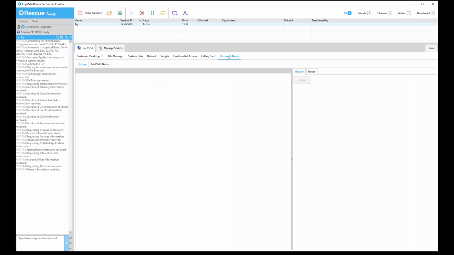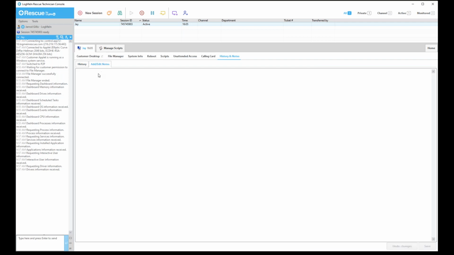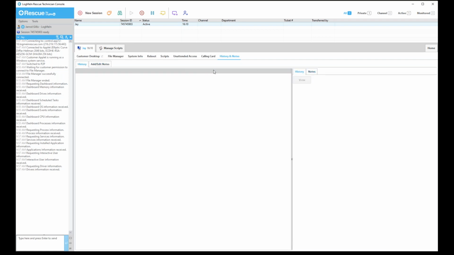All right, moving on to the history and notes. Obviously, documentation is king, and you want to make sure you document every support case as thoroughly as possible. You've got your history here. At any point during the session, I can click the Add Edit Notes button and add my notes for that specific session. Generally you'll have a history of the support sessions that you have run, and you can simply click in this area here. I'm not showing mine here, but it will populate a list of recent sessions,